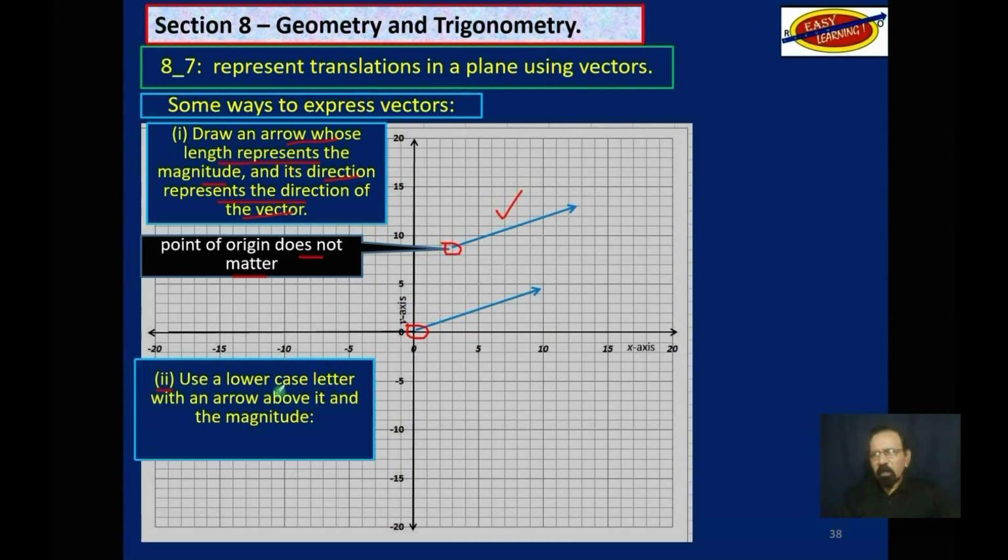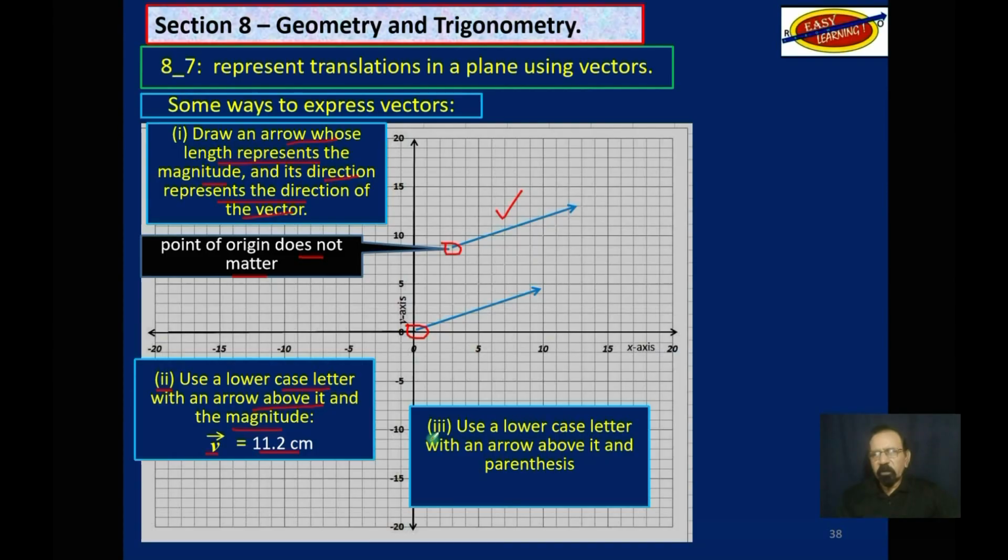A second way is to use a lowercase letter with an arrow above it and the magnitude. It doesn't tell you what direction. It just says a vector v of 11.2 centimeters. You know it's a vector, but you don't know which direction. A third way is to use a lowercase letter with an arrow above it and parentheses, like the vector v (10, 5). Now this is not a coordinate, and I will explain that as we go along, which now leads us into the fourth one that we are concerned about,